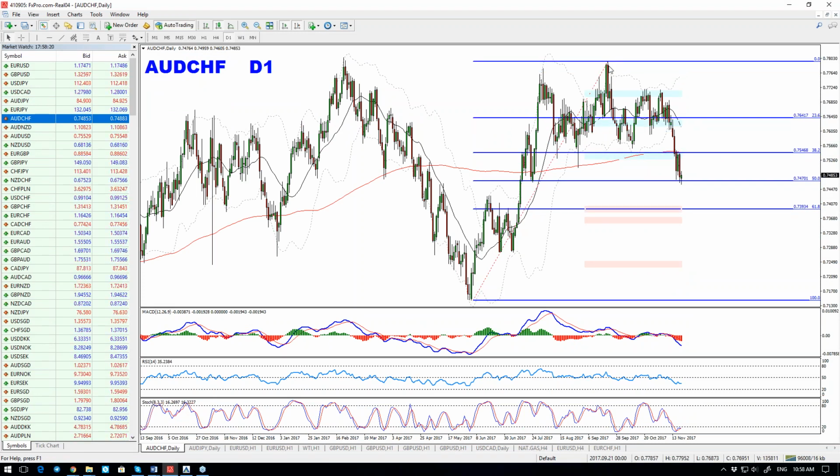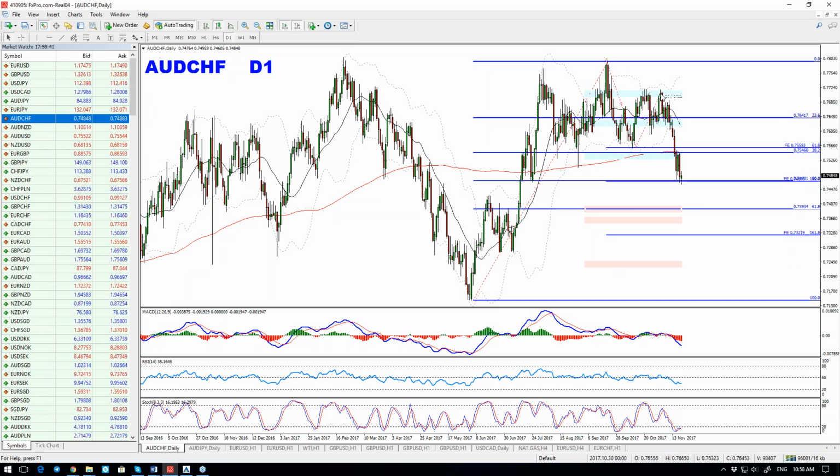50% reached on the bearish view. Bullish hidden divergence is forming. From my point of view, this is going to be the critical area here, where we are going to slow down and start looking for the buy. So Aussie franc